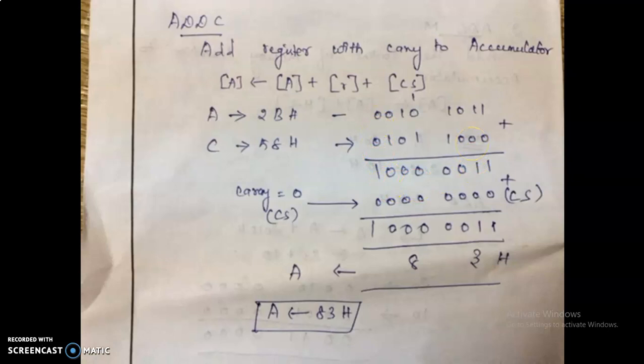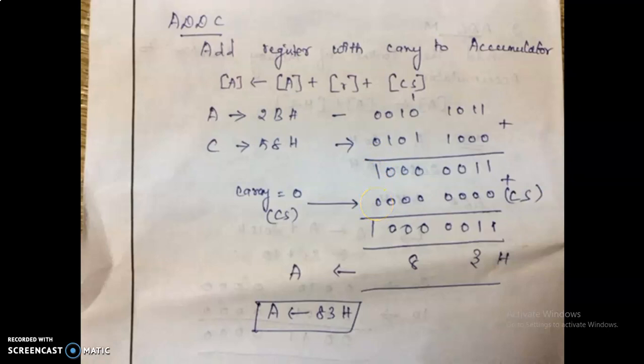Okay. So in this example of arithmetic instruction there is no carry. So the carry status flag is assigned 0. If you add 0 to this, you get the same value, 83H. So this is the carry flag 0. This is the output of the two numbers, 2B plus 58. You add this carry because in this example the carry flag is not affected, so 0 is the carry flag value. So these two values are added again and the result 83H is stored in the accumulator.